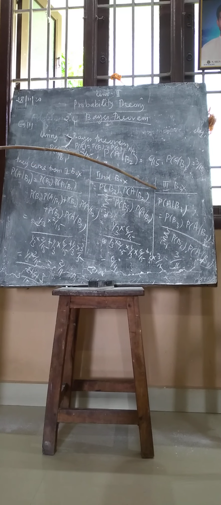In that question they may sometimes ask, in a 5 mark question, only about the first box or second box or third box. But in a 10 mark or 15 mark question they may ask about the first box, the second box and the third box. The only difference is the conditional probabilities you obtained in the earlier sessions: probability of A given B1 is 2 by 15, probability of A given B2 is 6 by 15, probability of A given B3 is 3 by 15. You only have to replace them for the corresponding first, second and third box.